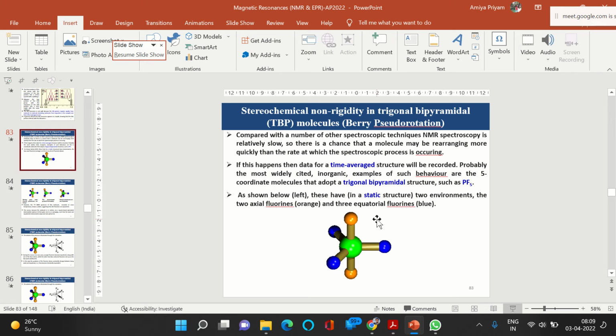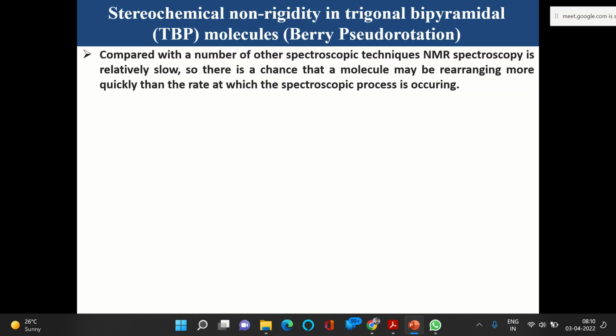So today we are going to deal with a very interesting aspect of NMR spectroscopy, that is typically observed in trigonal bipyramidal structures such as the compounds of phosphorus or any other complexes like FeCO5. So any trigonal bipyramidal structure shows a very